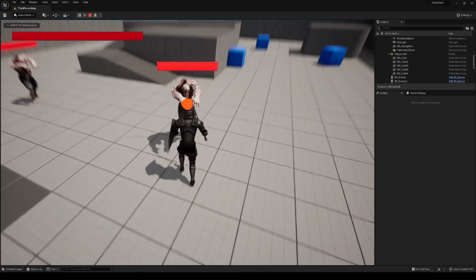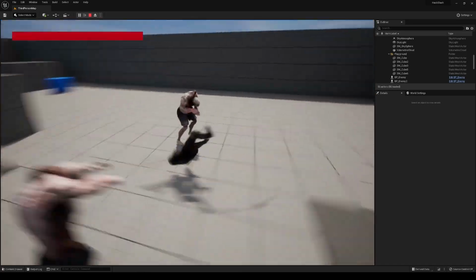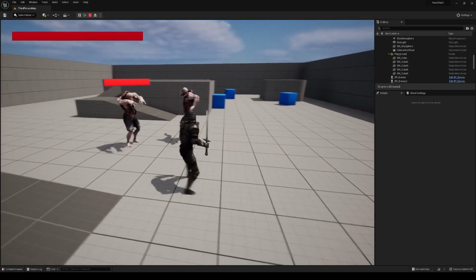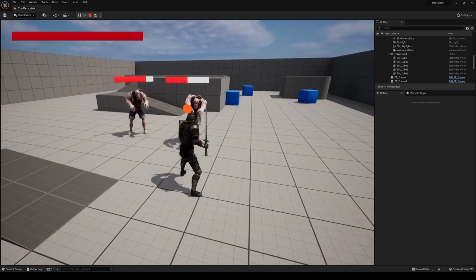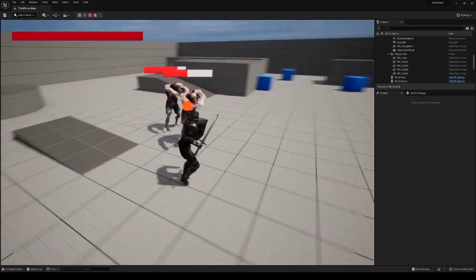So there you have it. We now have our target locking system implemented, as well as an improved implementation for our player's different locomotion and dodge animations. That is going to be it for today, and in the next video we're going to get started